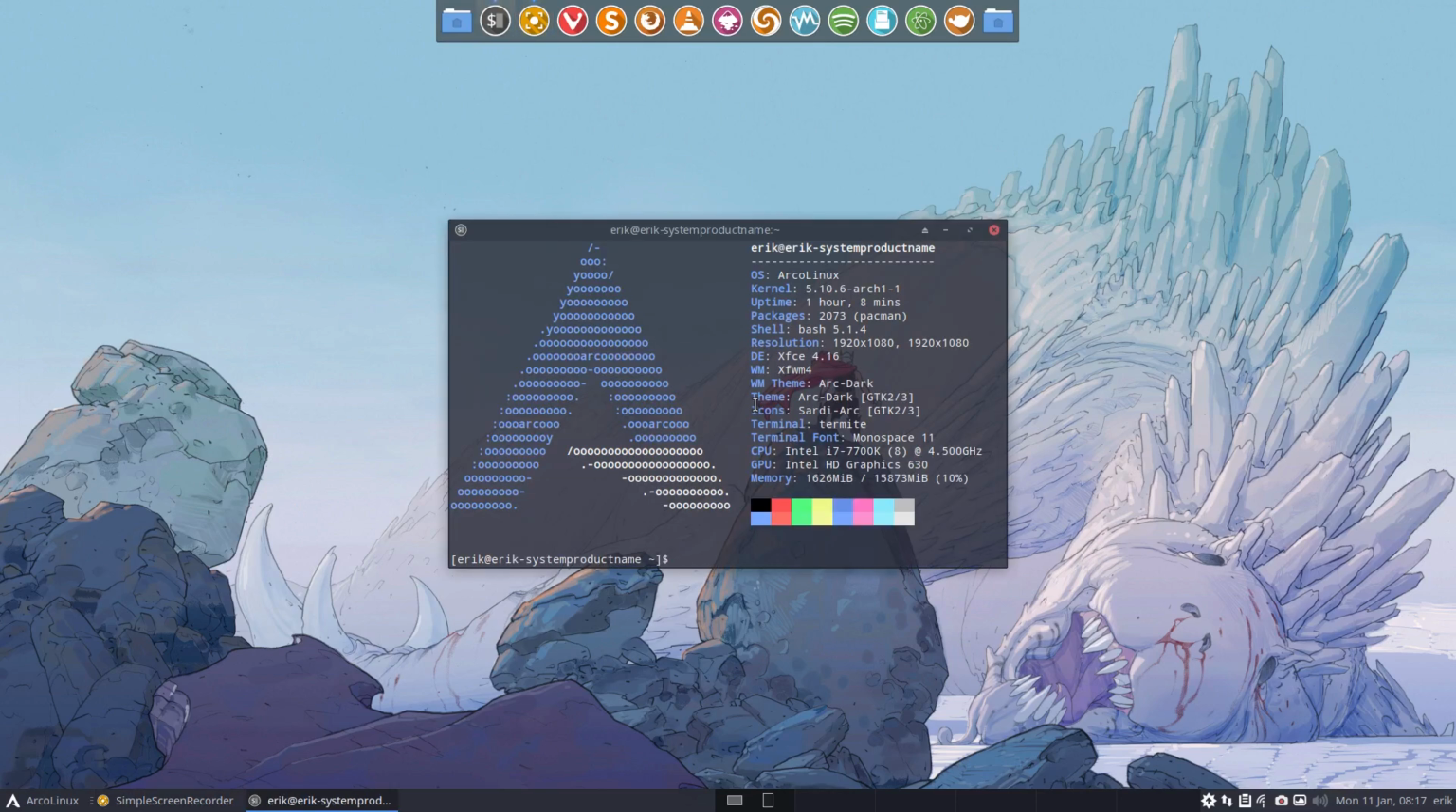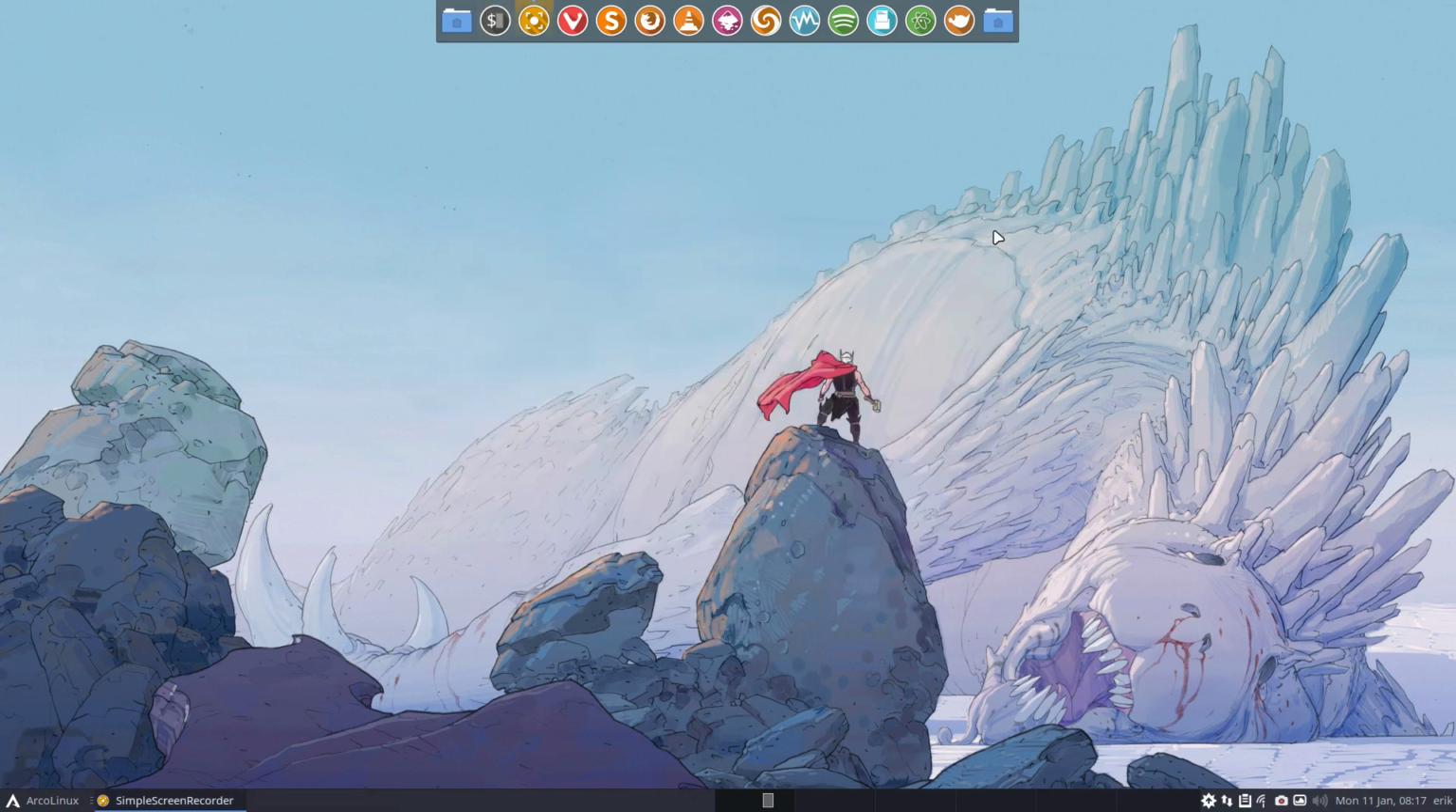It's the flagship XFCE, but I believe I've installed Plasma with it with the tweak tool, right? So that way you can have different desktops on one machine. The topic of this video is icon themes. So take a look at video